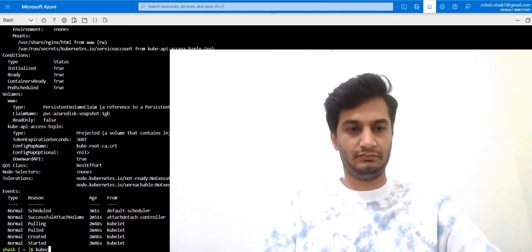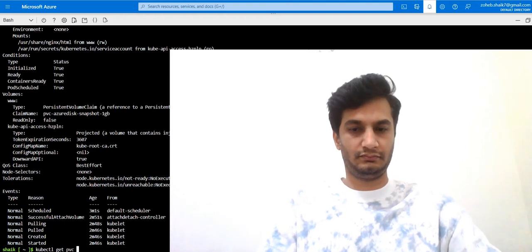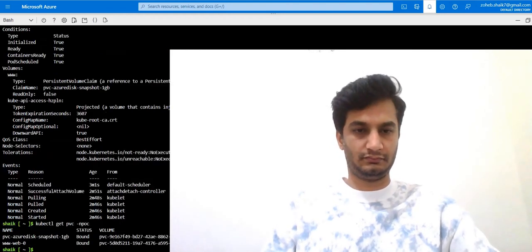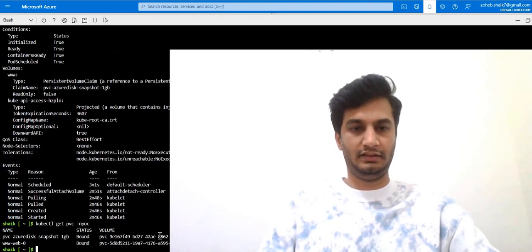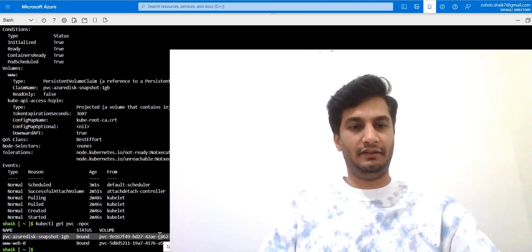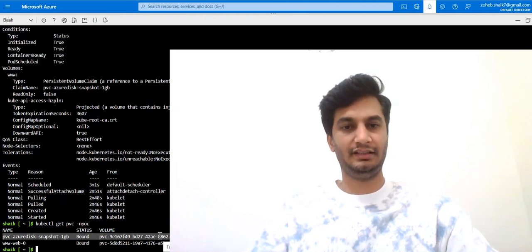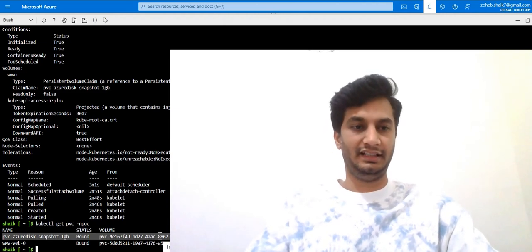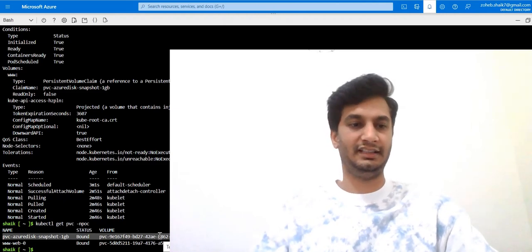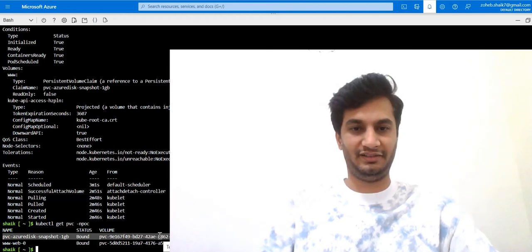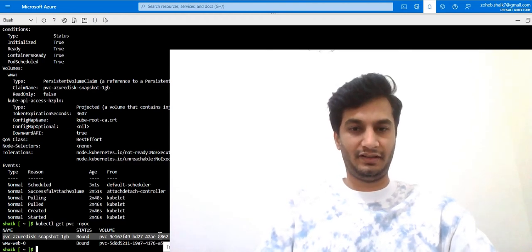Yes. With this we have ensured in all ways that our workload is running on multi-AZ with an existing PVC, a converted PVC, converted from LRS to ZRS.